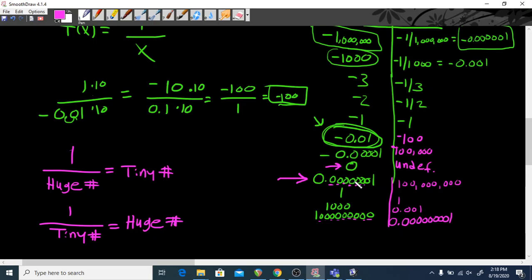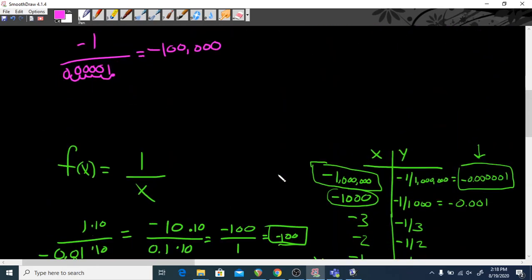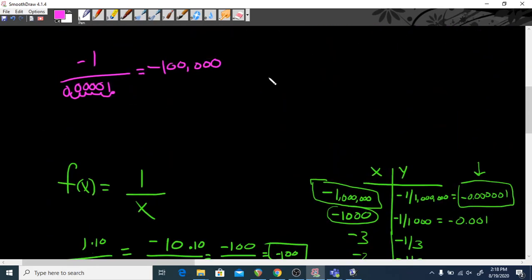In other words, imagine if x gets closer to 0. When we divide by that number, what happens to the result? The result gets larger and larger and larger. And so one way that we can say that in a mathematical way is the following. The limit as x approaches 0,